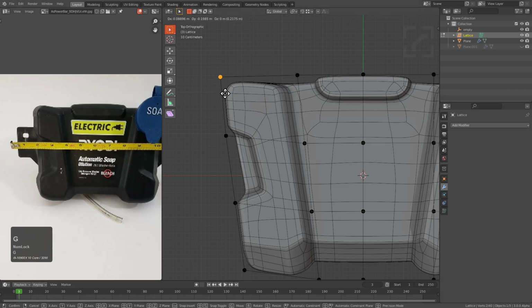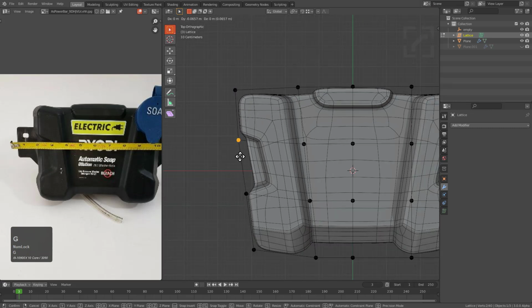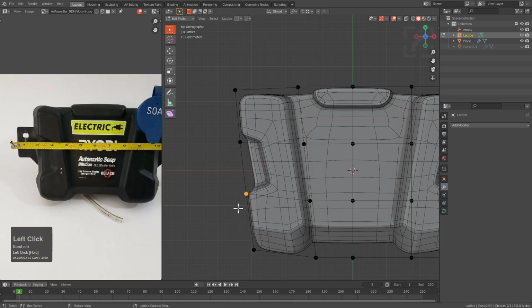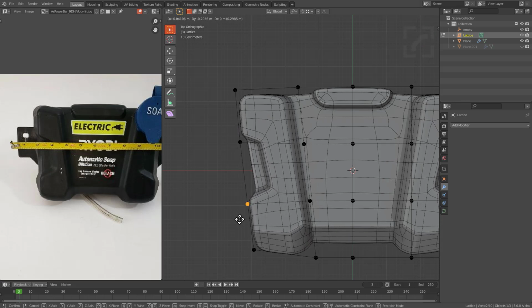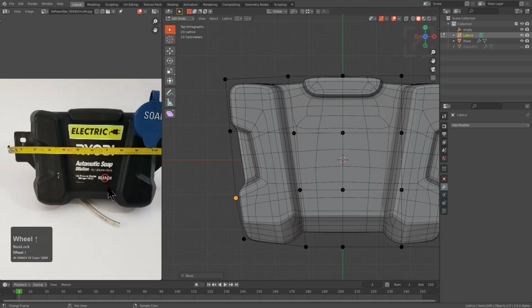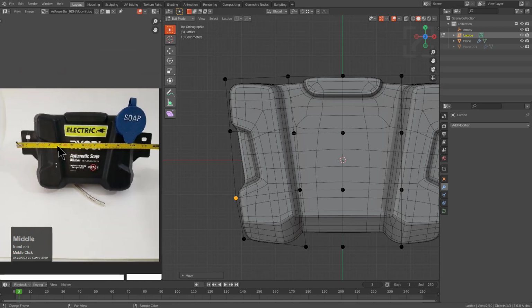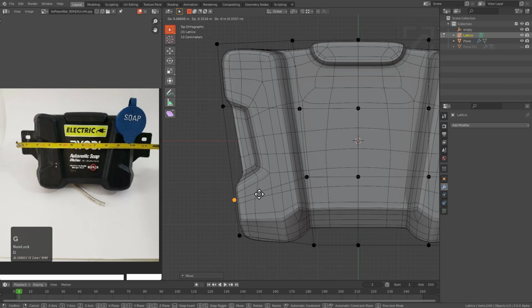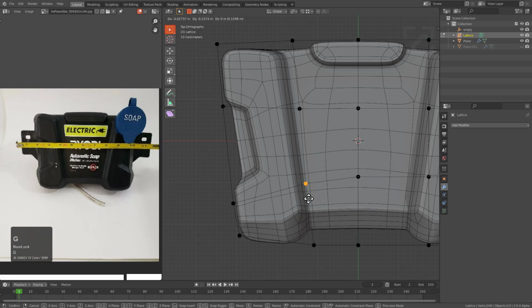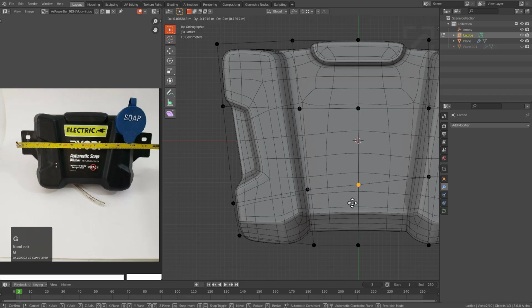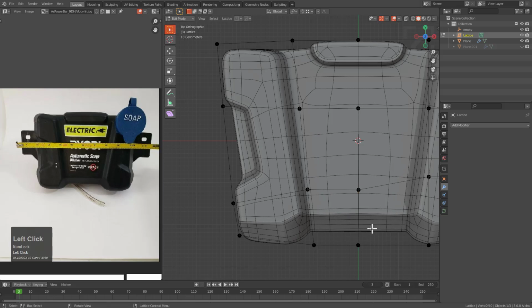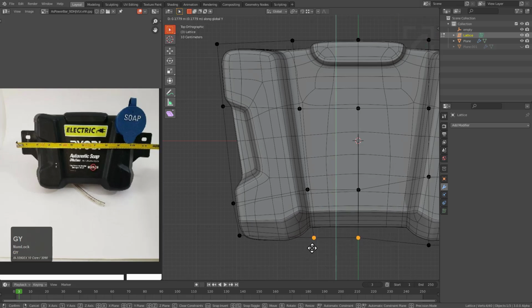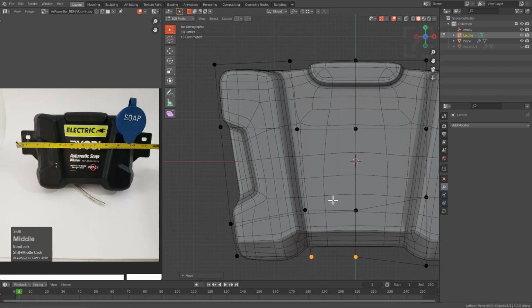And now with more spans, we can actually get far more intimate with our lattice, because we were just kind of moving it as a whole, and really we need to be fairly precise with it. I could bring this image into the 3D view and use this as my reference, but we're eyeballing it today. It's my favorite way to deal with the ref, via my eyeballs. So let's grab these, move this up, just really looking at the ref and thinking,